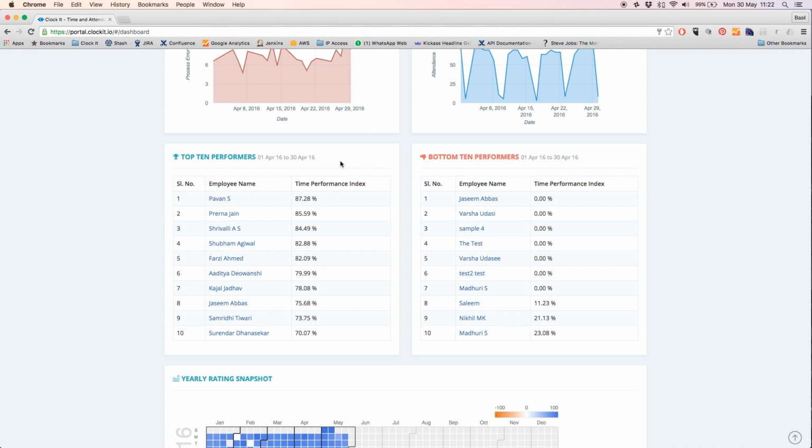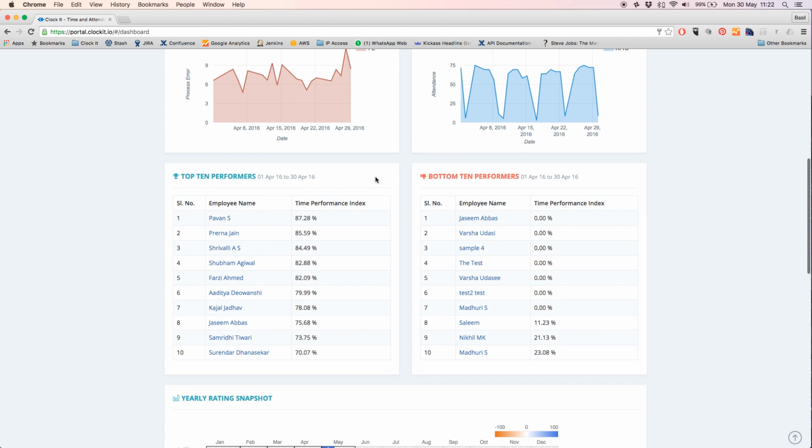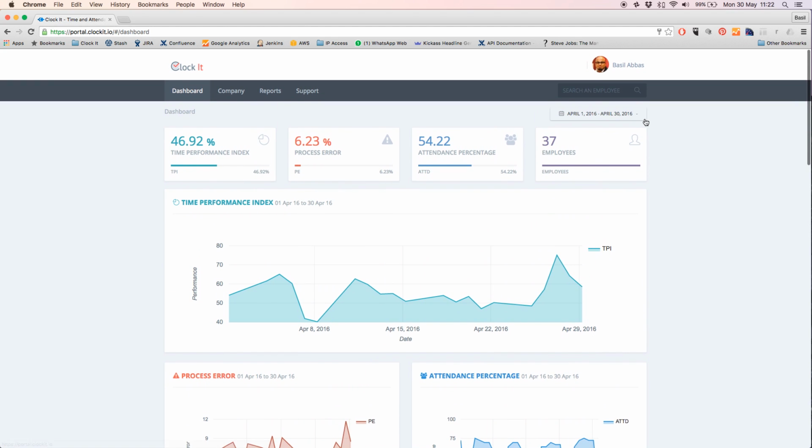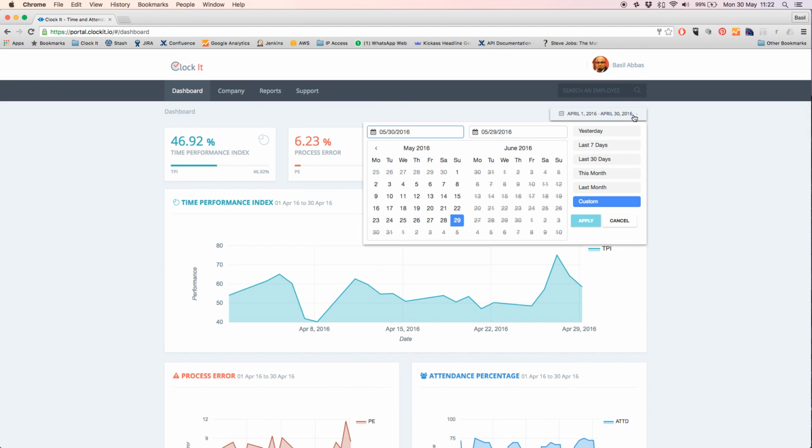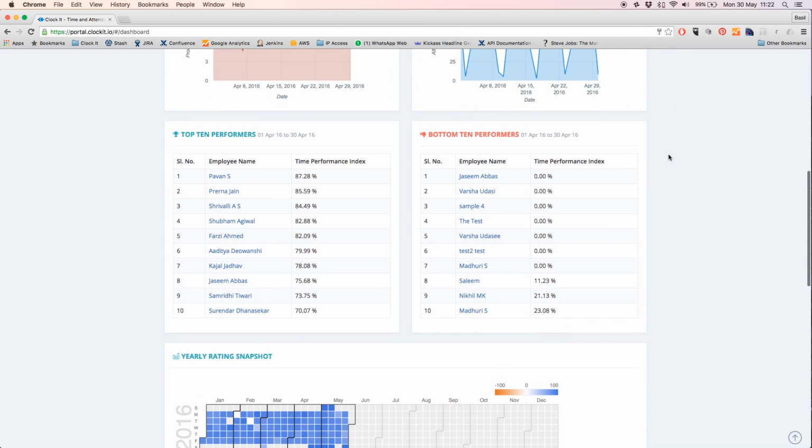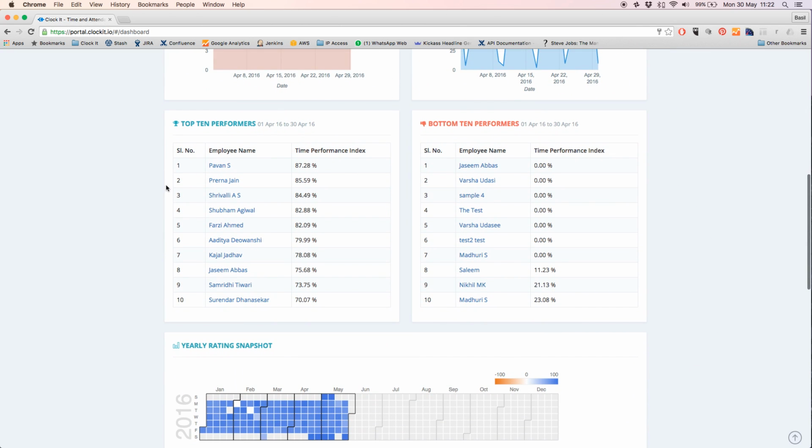By default, you're going to get the last 30 days data, and you can modify this with our global calendar. And from here, you can select predefined dates. You can also select a date range. By default, it loads for 30 days. So these are the set of employees that have worked the most in the last 30 days. And I can see that there is a